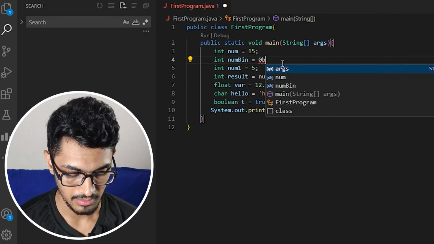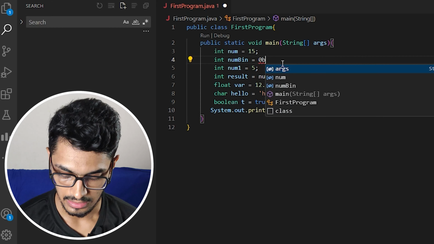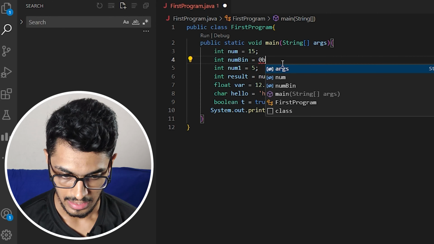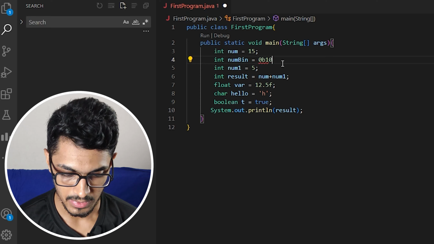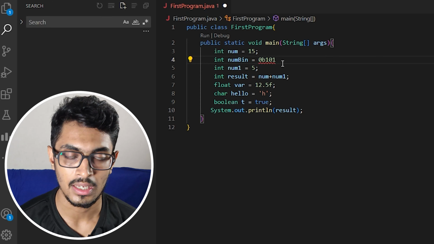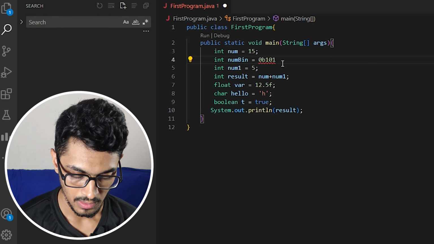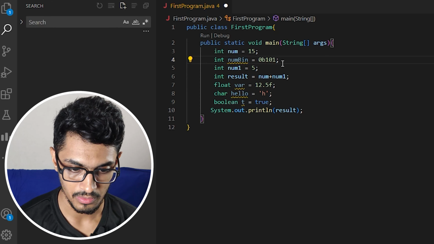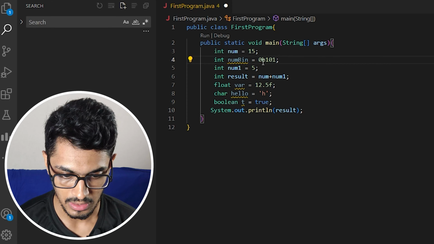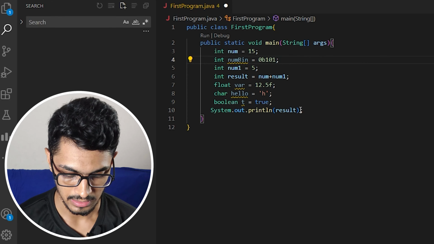B means binary, and as it is a base-2 number system, we can only assign 1 and 0 inside of it. So if we write a number this way, and now